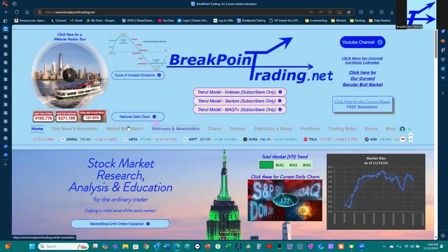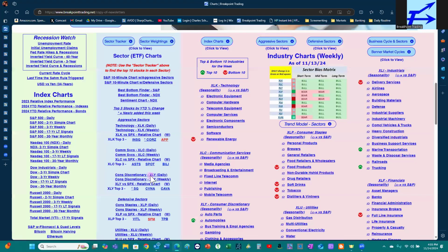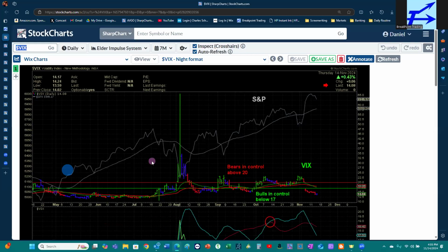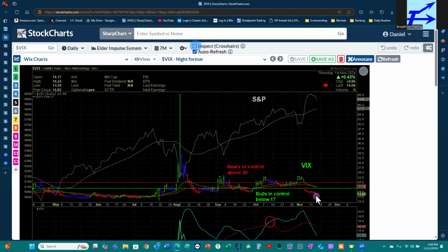All right. Couple of things in the charts section. Interesting is the VIX. You would think as the market has continued to drop that the VIX would start to move higher, but that has not been the case. The VIX is actually continuing to move lower. It's right at about 14 right now. So this is telling me that this selling right now is temporary. Again, like I mentioned,